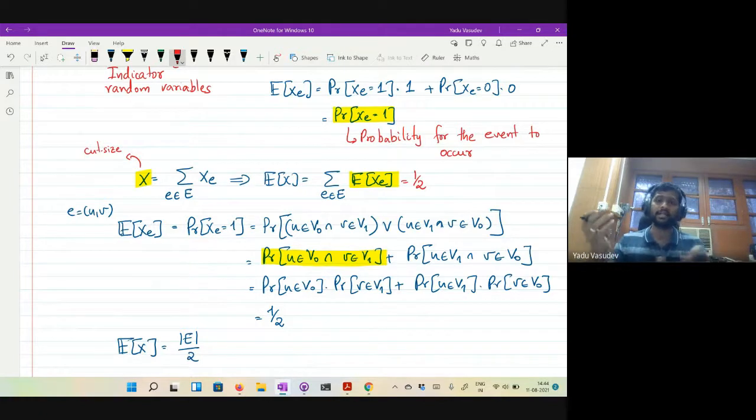It is possible that there is one output which is of very large size and a lot of outputs which are of very small size, such that the average somehow manages to be cardinality E over 2. In which case, you're more likely to get a smaller cut value than a larger cut value. So the expectation is not giving you the entire picture of how this random variable is behaving. It just tells you what you can expect. Among all the runs, if you run this many times, then on average, the cut that you will get is of cardinality E over 2. That's the observation that you can make from the proof that we have done.